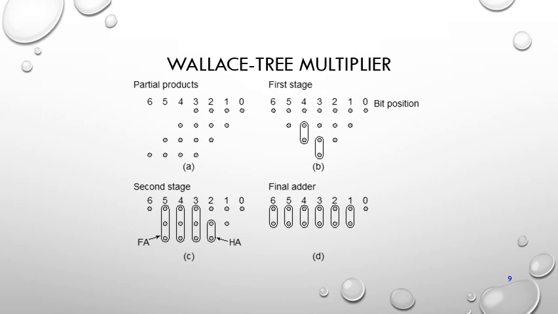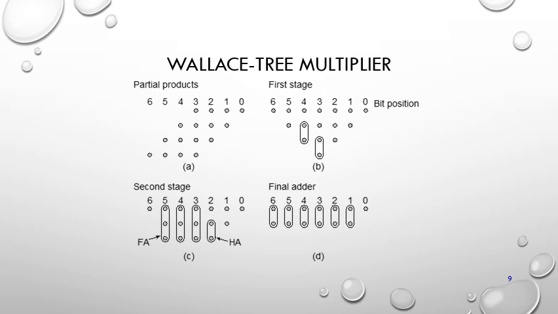After that, the Wallace multiplier, used to reduce the adders and full adders. Just this one bit is moved to the highest position of the product term. This is the normal partial product term. After that, see how the bit positions are arranged here. This is the first stage, this is the second stage, and this is how they are arranged in these positions. This one bit is moved to the partial product's first position and this one is also moved here. After that, these two bits are combined together and produced like that.